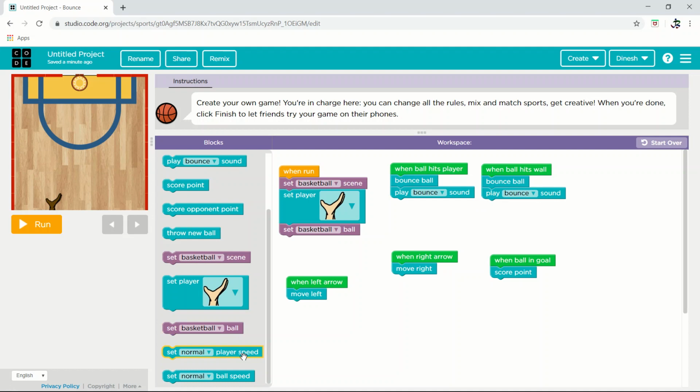Now the next is the speed of the player. Like the movement of the hand you want to increase, so we can keep it around normal right now. Then you can change the speed of the ball. You can keep it